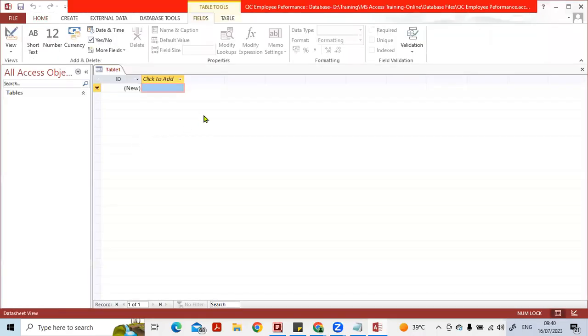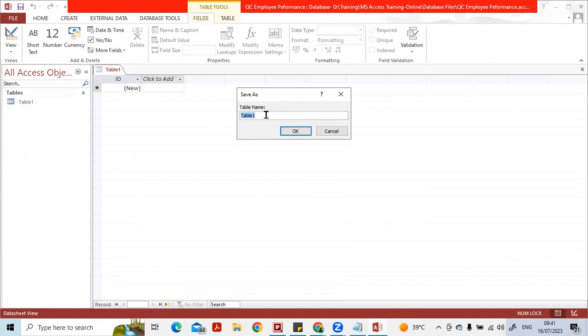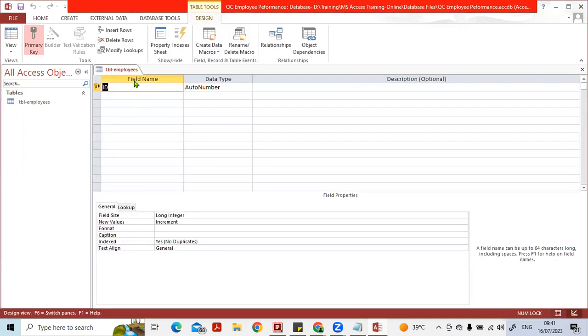Okay, created this one. So you open a blank table. It's coming. You see here, Table 1. Okay. Now, if you want to record the performance, what we need is the employee names. First thing is you need employee names. And when you have employee name, you can have the employee number also. This is possible, right? So this table, you can go to design mode. Okay. When you go to design mode, it will ask you to give the name of the table. Because it is employee names, I will give the name Employees. Okay. So it will save it as Employees, and then it gives you field and data type where you want to